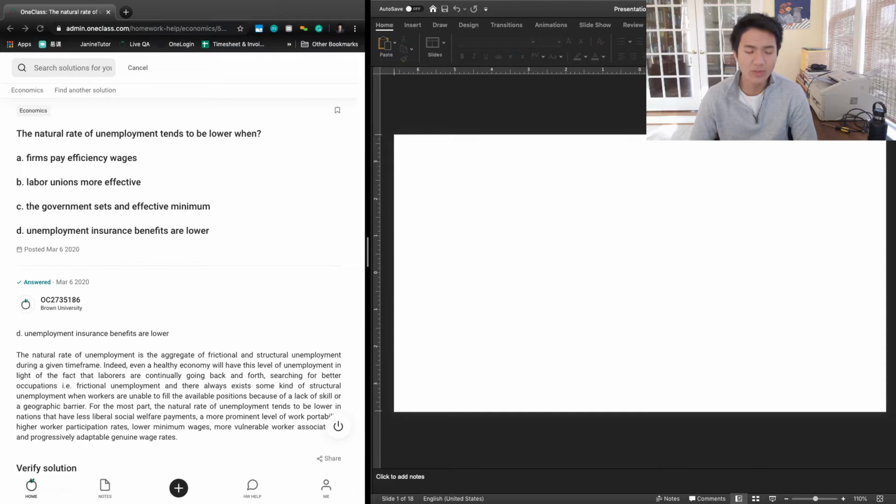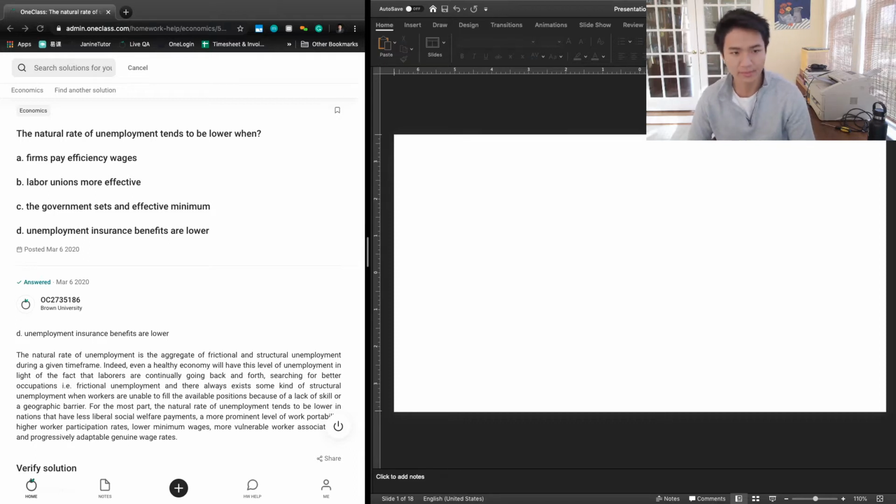So the first thing we do when we look at this problem is ask, what is the natural rate of unemployment, right? Because that does not refer to overall unemployment. And so this question is really testing our understanding of the subcategories or definitions of unemployment, and also the reasons or rationales for why certain types of